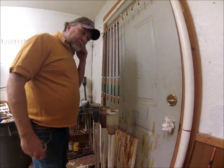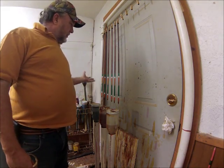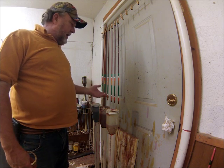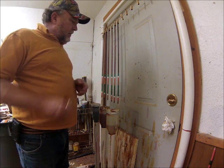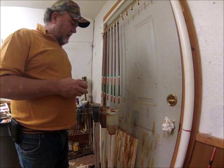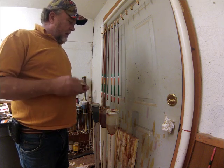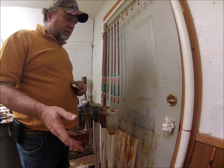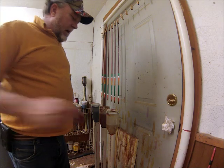Well, hello folks. Going to continue this. The cresting's finished. I did modify it, as you can see, a little bit. I extended the green on the bottom out here a little bit, and the reason I did that is I wanted to completely match the fletching, because the fletching is going to be spliced on these in the same colors. So that's the reason I did it. So now we're ready